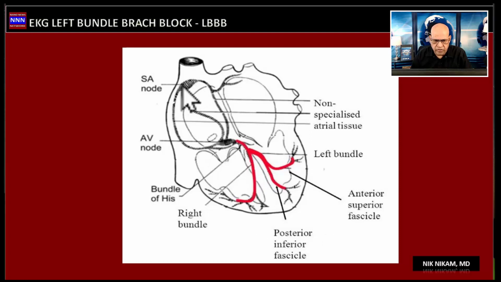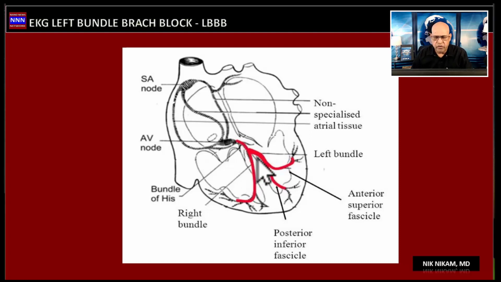As we can see, we have the sinus node, and here we have the AV node. From the AV node, we get the right and the left bundle branches. The left bundle branch has the anterior fascicle and the posterior fascicle. In addition to that, the left bundle also has a small septal branch that supplies the proximal portion of the